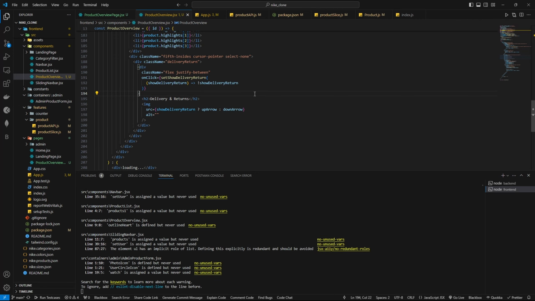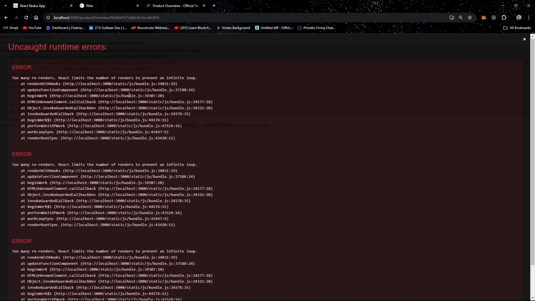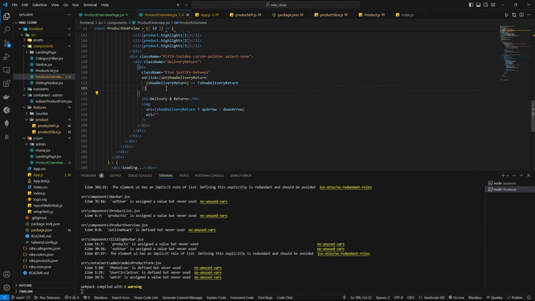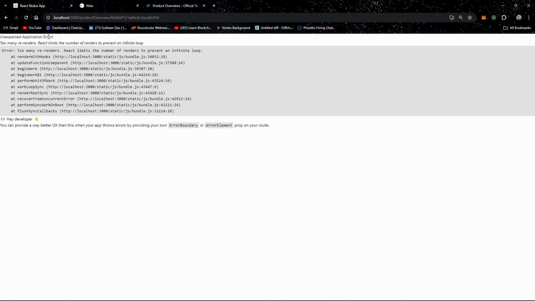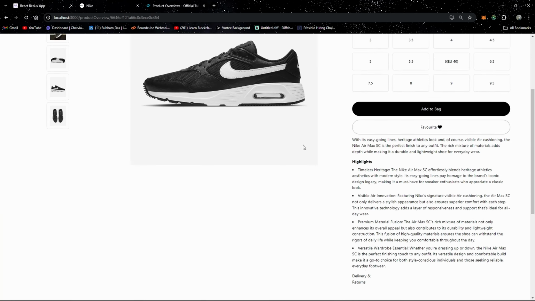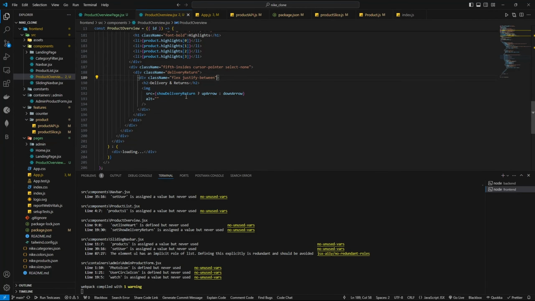Okay, if we click reload, it is showing too many renders. React limits the number of renders. Okay, so if we remove this one, we are not going to get any error. Yeah, so that's the problem. Here we need to give